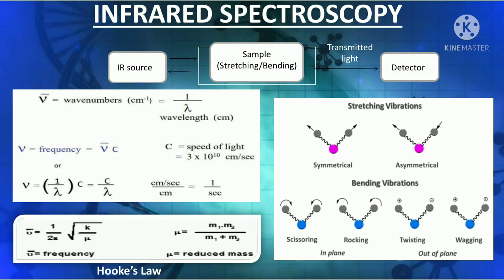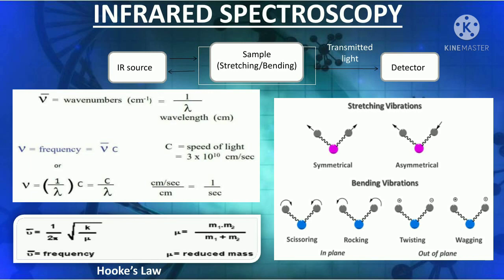Unlike UV visible spectroscopy, where we were using UV visible light and electronic transitions were seen, here in IR spectroscopy, molecular vibrations are seen. So what happens basically is that the sample, as we know, consists of molecules which are in continuous motion with each other. And then when IR radiation of different wavelength and energy is applied, the sample either absorbs it or transmits it depending upon the circumstances. So basically the interatomic bond vibrates and then the IR spectra gives characteristic functional groups and bonds.